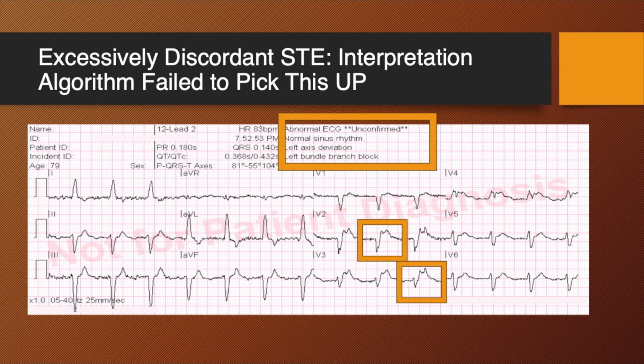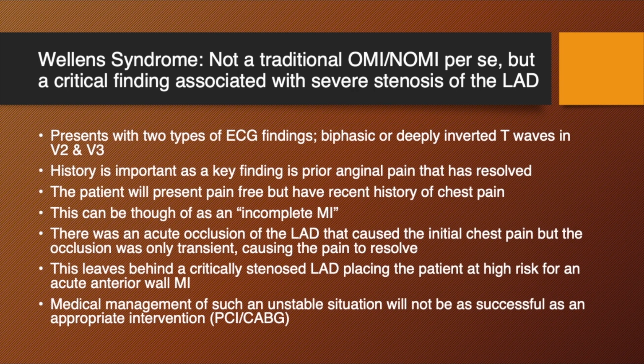Look at right here in V3 specifically. What do we see? I have got excessively discordant ST elevation, right? So here's the J point way up here. There's the baseline. So this is the ST segment. And just eyeballing it, the ST segment is probably about half of the length of the preceding S wave, right? So it's like up near 50%. All right, so that's the last of the Magnificent Seven, but I do want to speak about an honorable